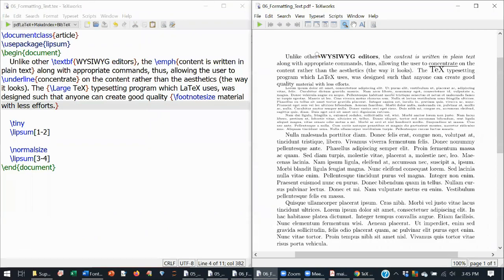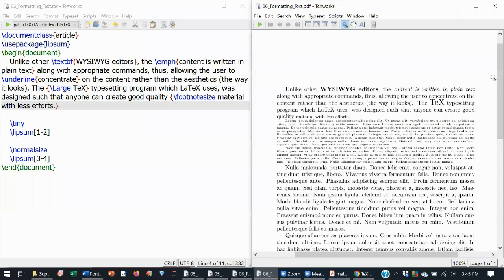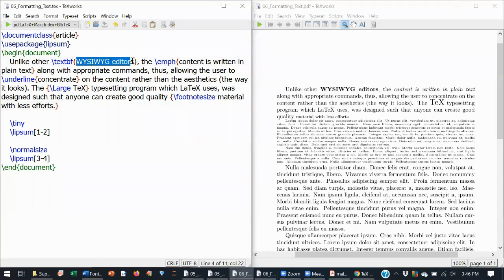This is the paragraph which we saw. This area, the editor, I put in boldface, and this content is written in plain text, which is given as emphasized. Then this part I kept underlined, this text I kept as large, and this sentence I kept as footnote size.